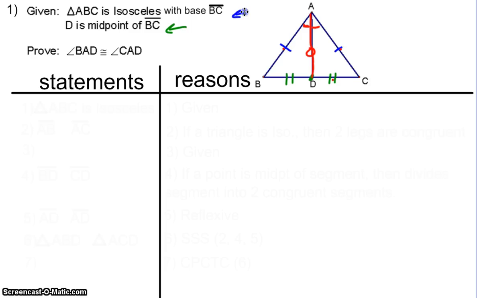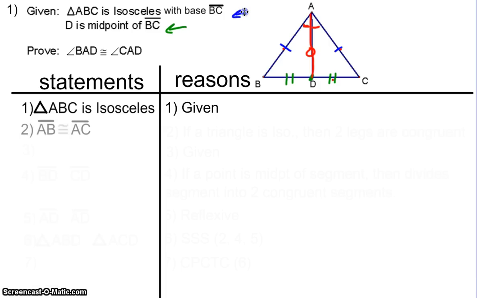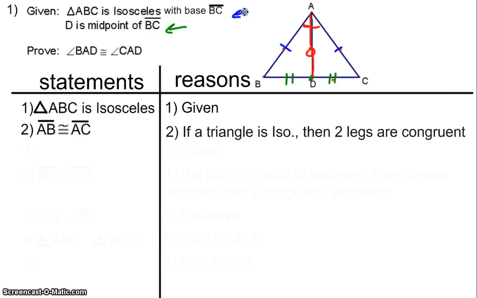So now we need to list that in our proof. If we start off at the very beginning, first off, the triangle is isosceles, and that told us that we had two sides congruent. If a triangle is isosceles, then the two legs are congruent. We then brought in our next given,